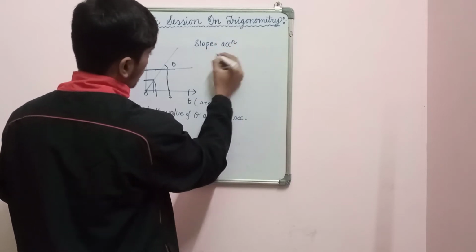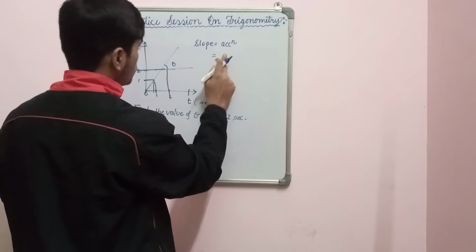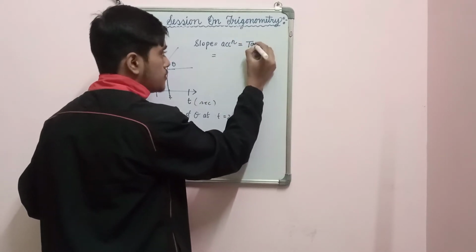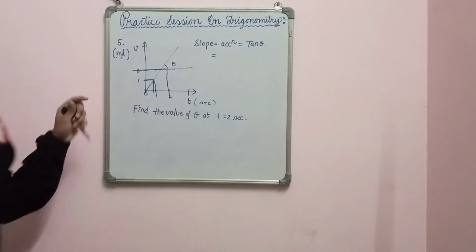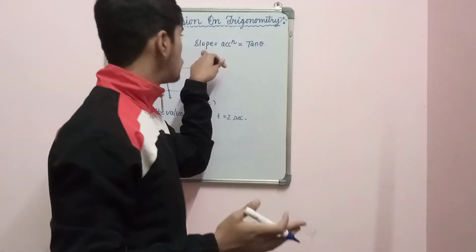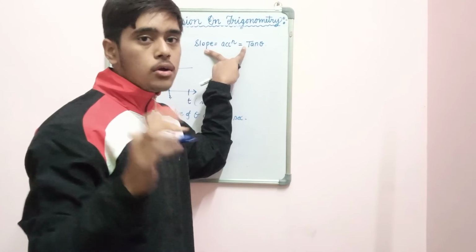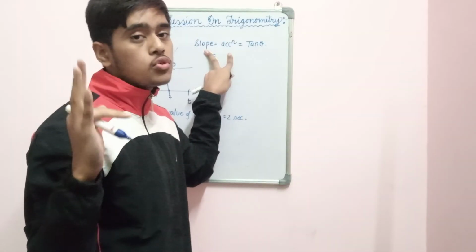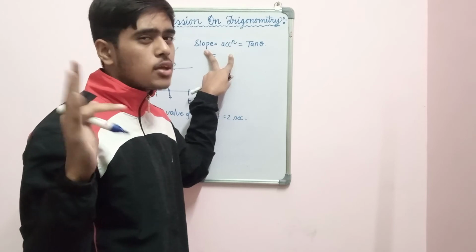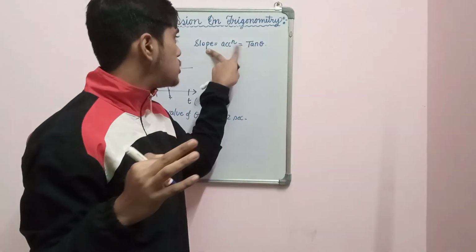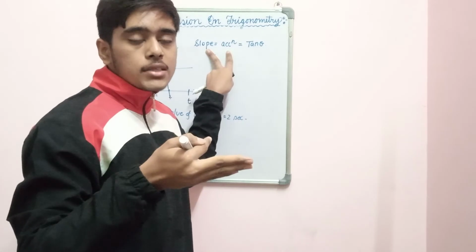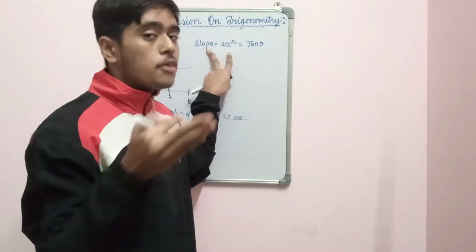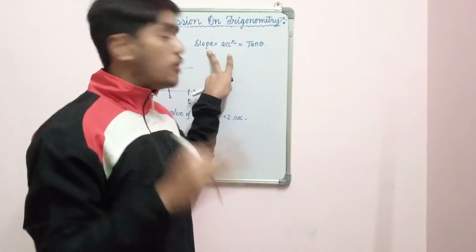Acceleration. Okay, and slope is equal to acceleration, and acceleration is equal to tan theta. How? See, I told you that slope is equal to tan theta. I told you 3 things about slope. First, it is defined as y2 minus y1 upon x2 minus x1. This was the coordinate formula. The second was what quantity it will represent. If it is a velocity time graph, it will represent acceleration. If it is a displacement time graph, it will represent velocity.